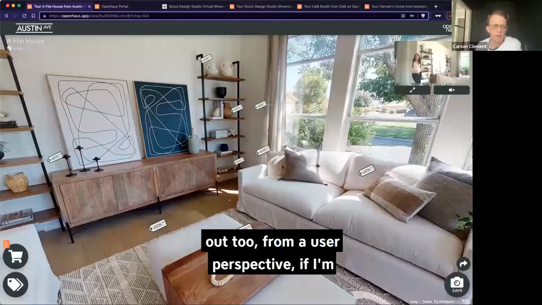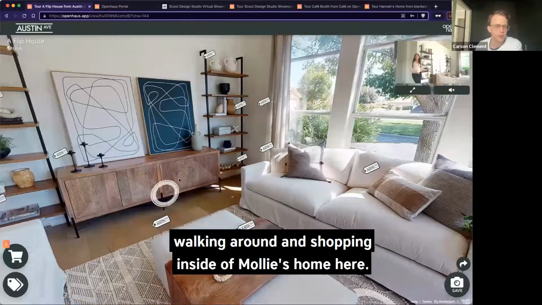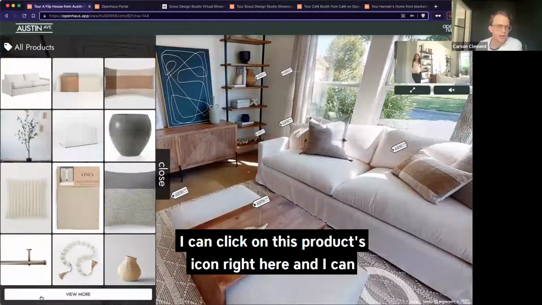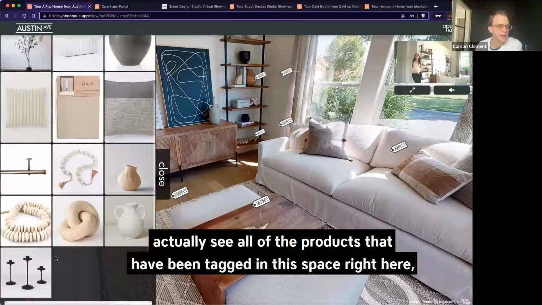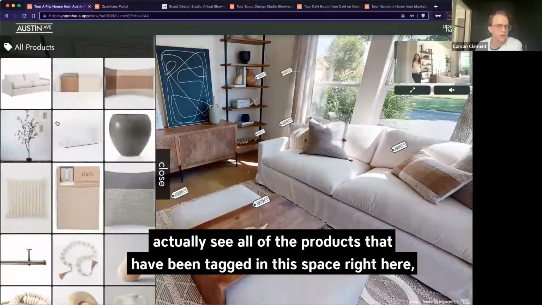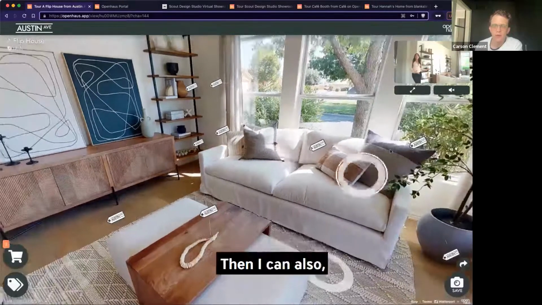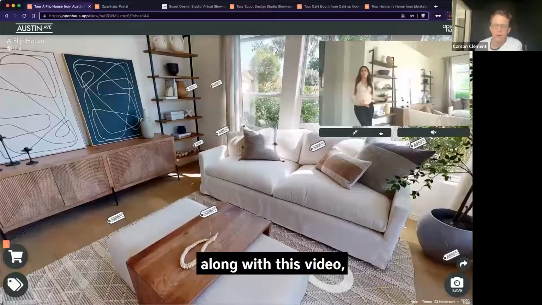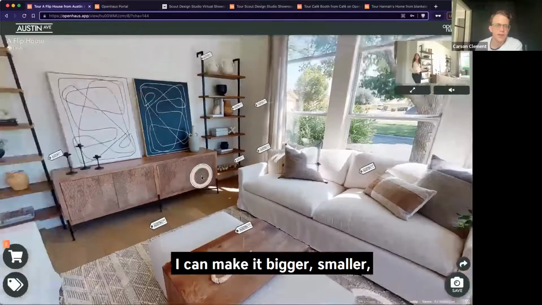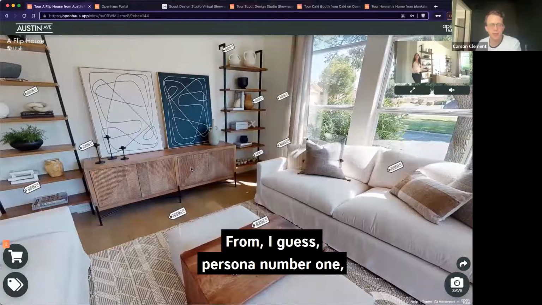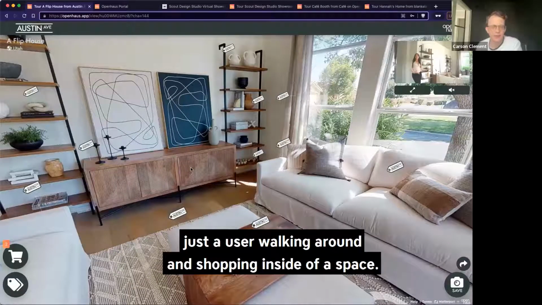If I'm walking around and shopping inside of Molly's home here, I can click on this products icon right here, and I can actually see all of the products that have been tagged in the space right here. So I can navigate to them easily. And then I can also, along with this video, make it bigger, smaller, mute and unmute, etc. So from persona number one, just a user walking around and shopping inside of a space, that's basically